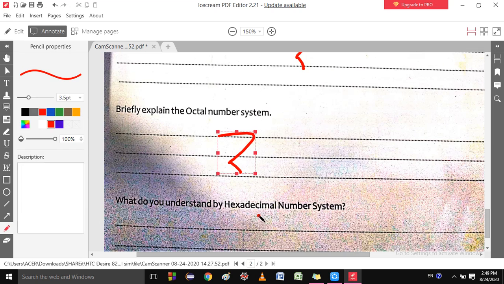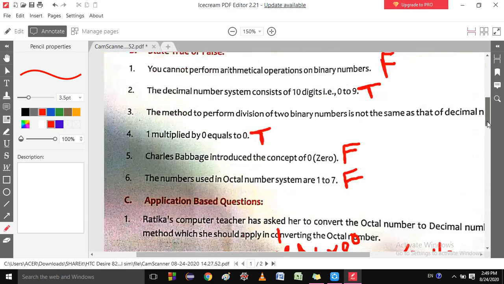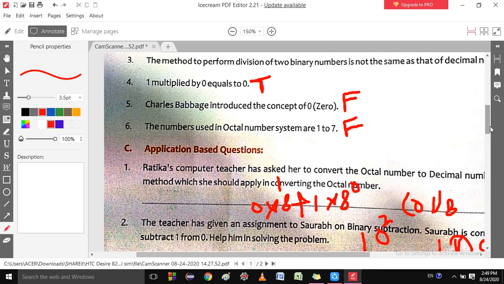So I hope you will do your solutions. And one question also remains. You will also complete this one activity session. There are some numbers and some conversions are required, so you will do that conversion also. So students, do my homework, and from the next class I will start the next chapter.